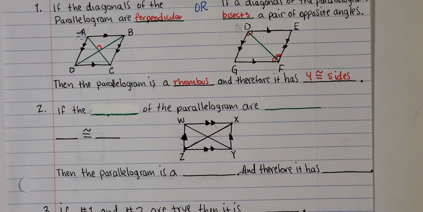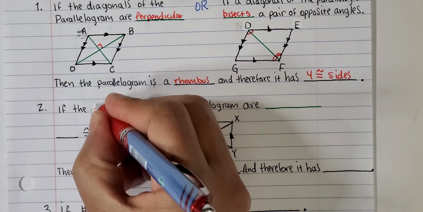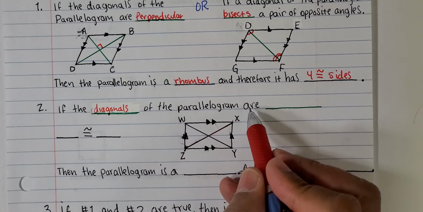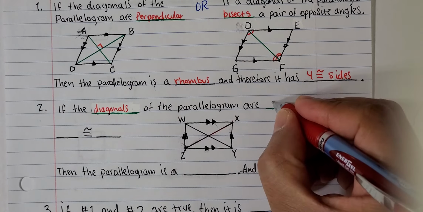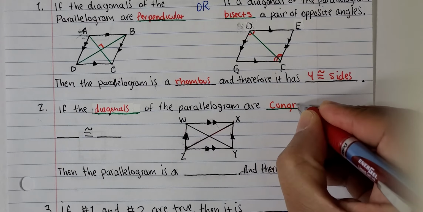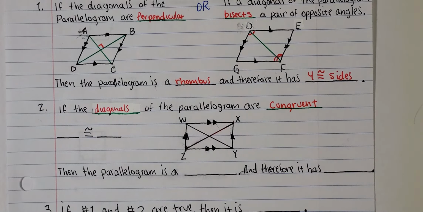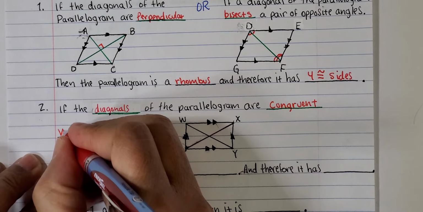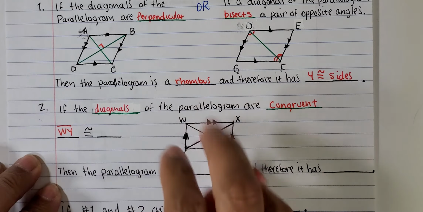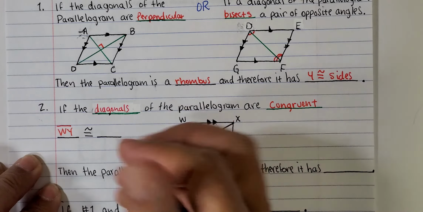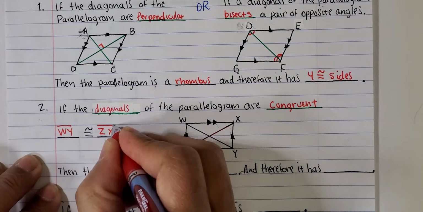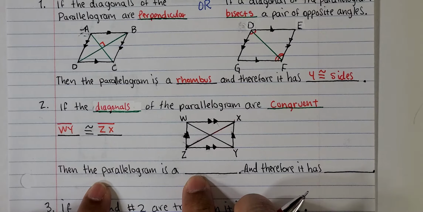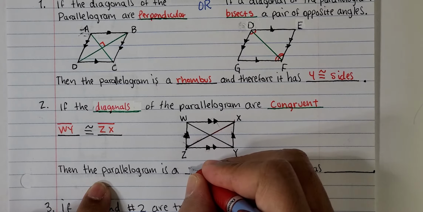So property number two, if the diagonals of the parallelogram are congruent, okay, as you can see in this diagram, if diagonal WY is congruent to diagonal ZX, then the parallelogram is a rectangle. Okay, so the parallelogram is a rectangle,